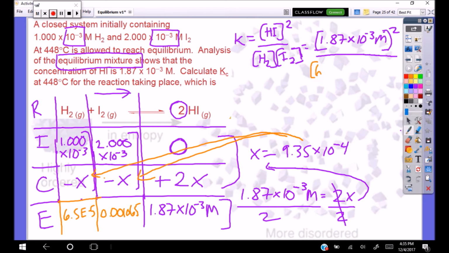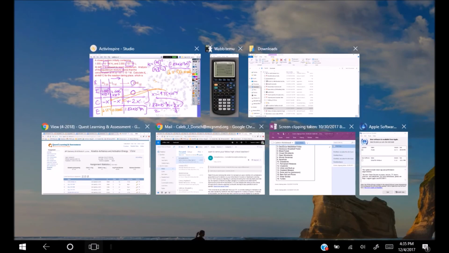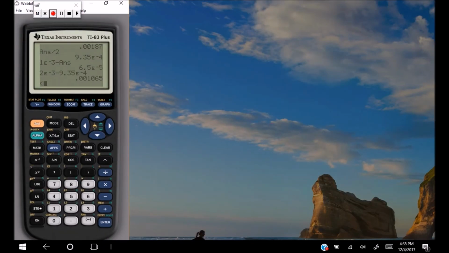So I've got 6.5 e to the negative fifth, or e negative 5 in your calculator, and I've got 0.001065. Now you can go ahead and solve. We've got 1.87 e to the negative third, and we're going to square that. And then we want to divide by 6.5 e negative 5 times 0.001065,